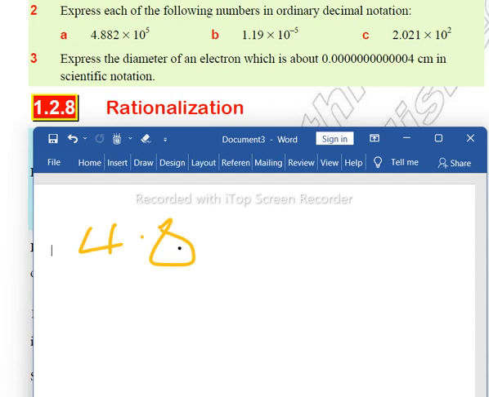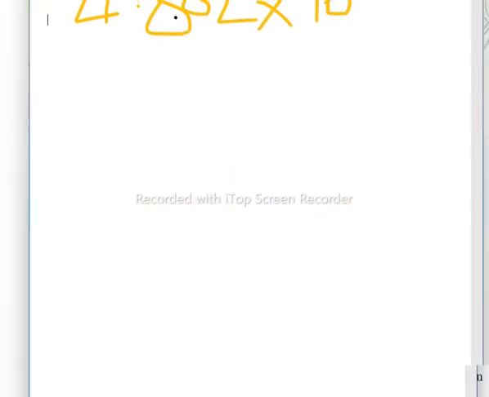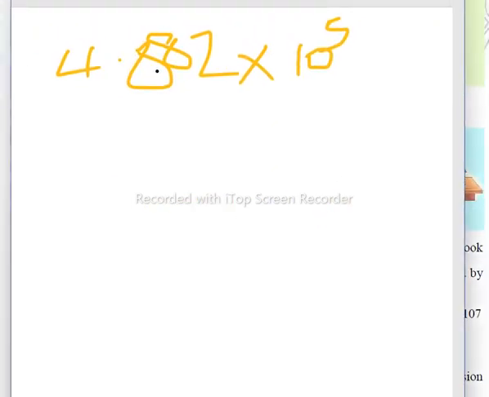We have the given number 4.882 times 10 to the power of 5. We have to write this as an ordinary number. Simply we multiply this number with 10, sorry,